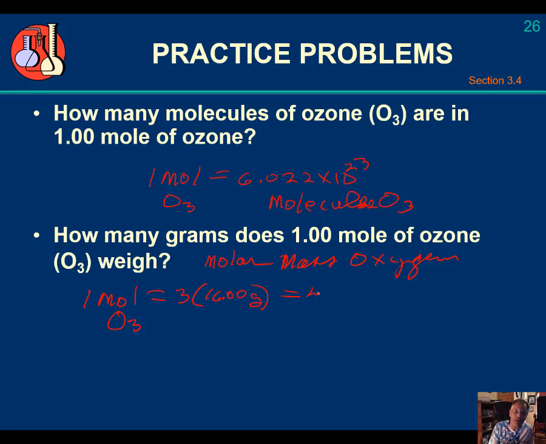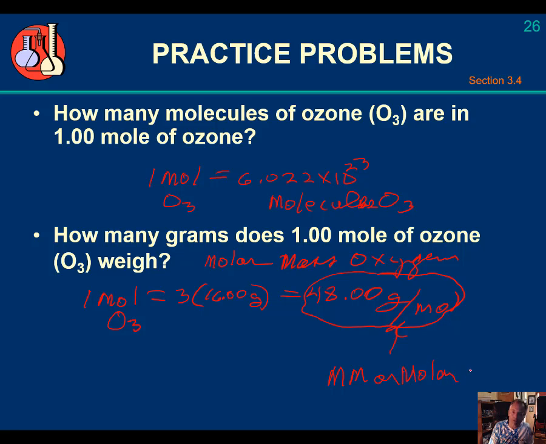And 3 times 16 is 48.00. And here's how we say it: grams per mole. So how many grams does 1 mole of ozone weigh? It weighs 48.00 grams per mole. This is how we describe the concept that we call MM, or